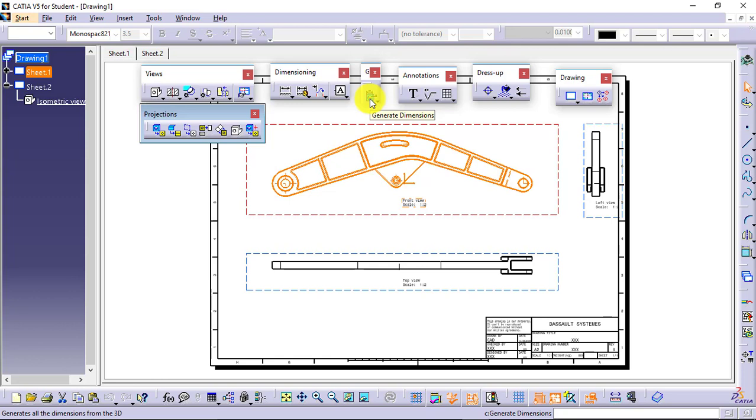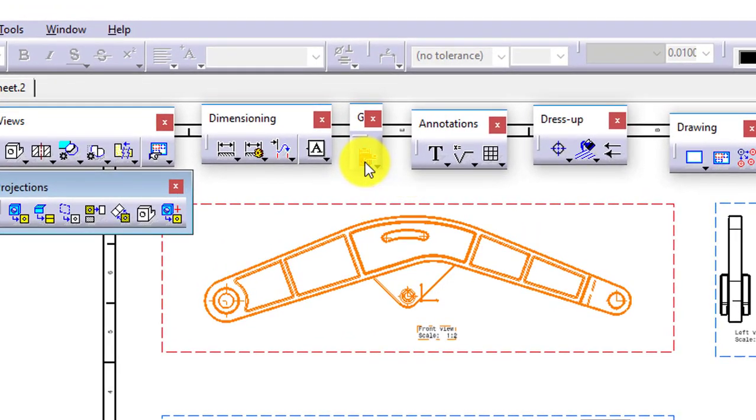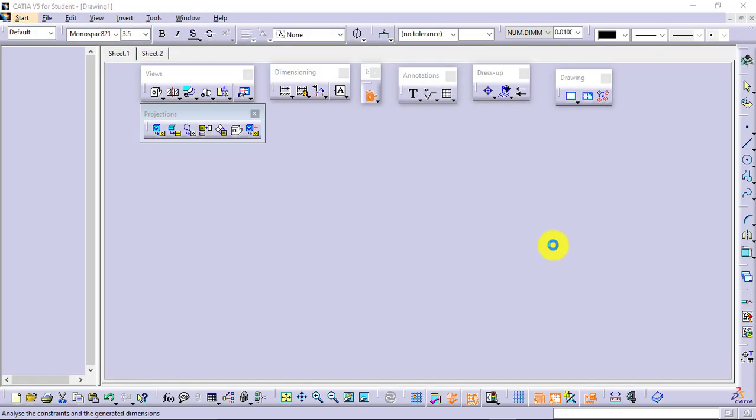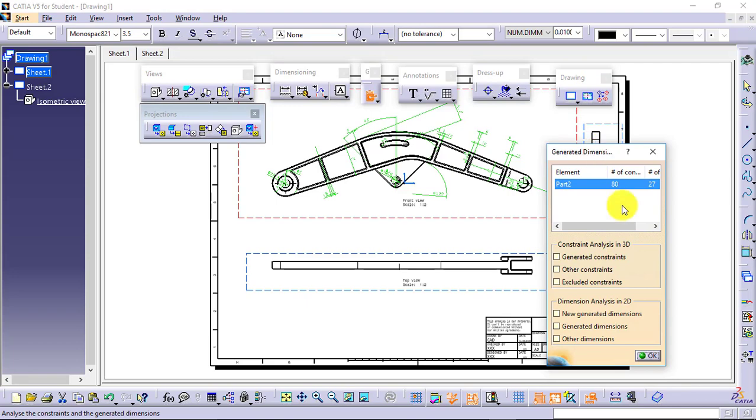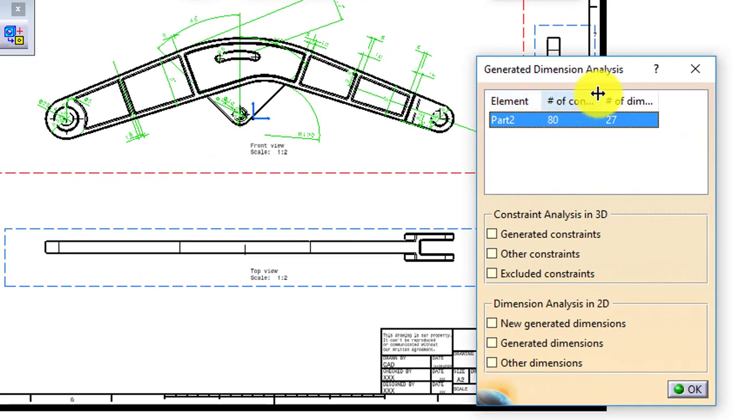Whatever the dimensions or dimensional constraints I had defined, what I want is, I want all of them to be reflected over here. For that I will go for generate dimension. I'll click on that. This will open one generate dimension dialog box. Yes, in this it will actually sense the constraints.